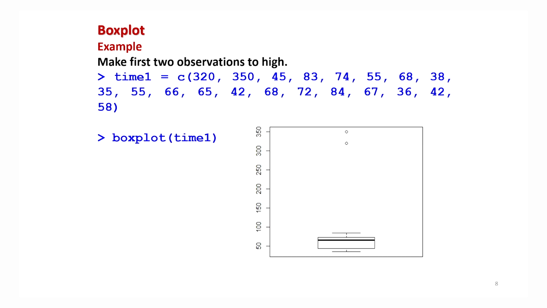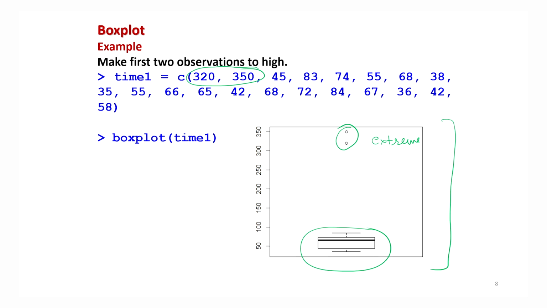Now, if I take the second data set, where I had made the first two observations quite high, for example, you can see the first two observations are increased from 32 to 320 and 35 to 350 respectively. Now, if you create the box plot of the same data, what happened? You can see it is like this. The maximum values are lying here. These are the extreme values which are lying here, and your box plot is somewhere here. From this box plot, you get the first idea that if there is any value which is very much different, very much away from the rest of the data, box plot can identify it very easily.